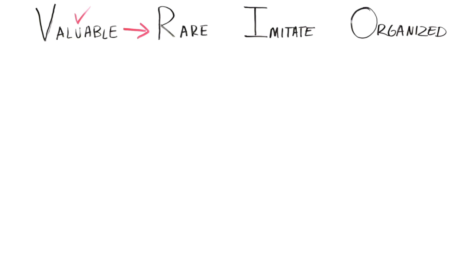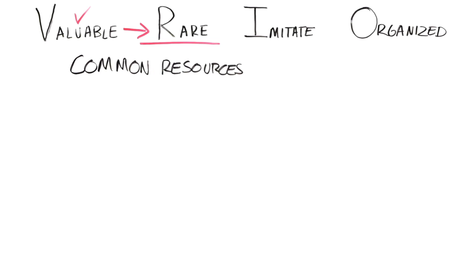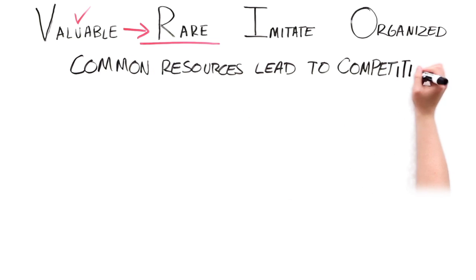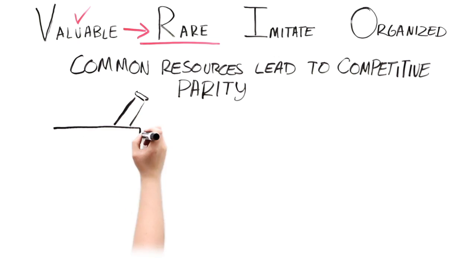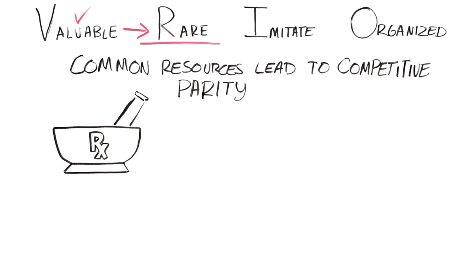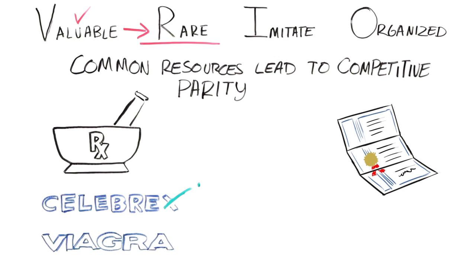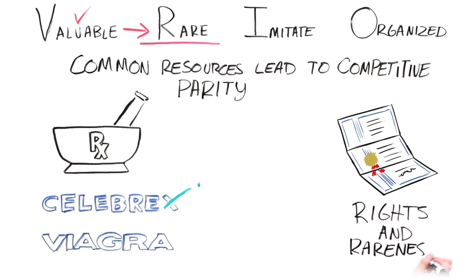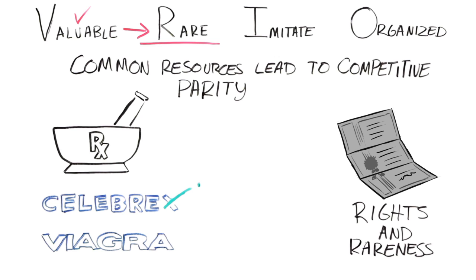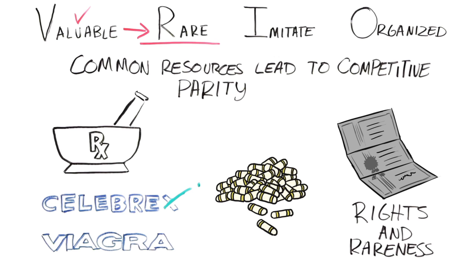Second, is this resource or capability rare? If a resource is extremely common, then all firms can have access to it, and it leads to competitive parity. For example, pharmaceutical companies earn high returns for shareholders by producing drugs that are protected by patents, name brands like Celebrex or Viagra. The patent is a valuable resource that gives the firm an exclusive right to produce that drug and ensures its rareness for the life of the patent. Once the patent expires, then anyone can produce a generic version of the drug. If a resource is rare, then we move to the next step.